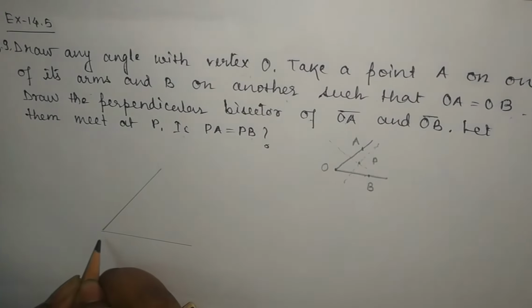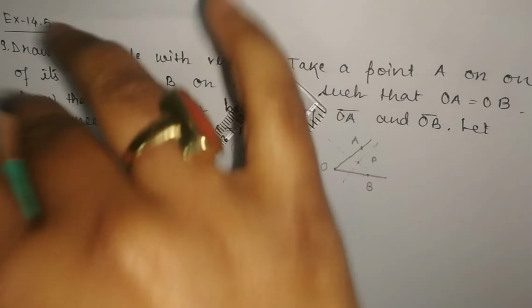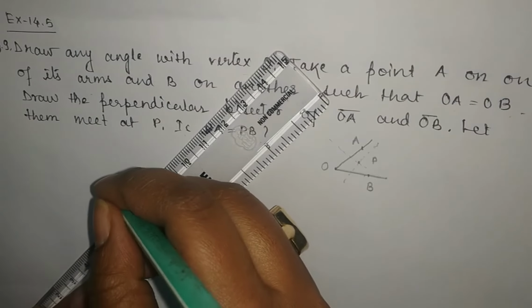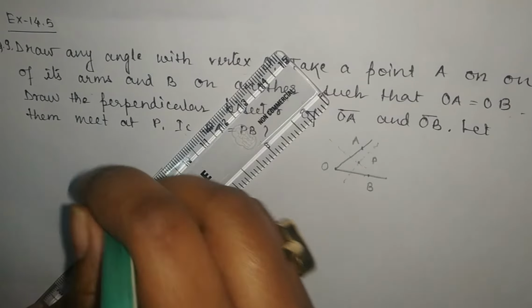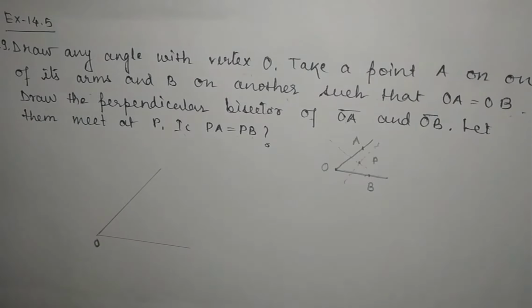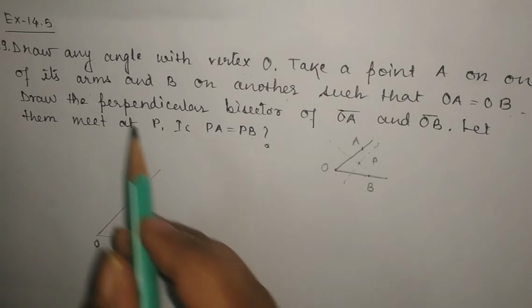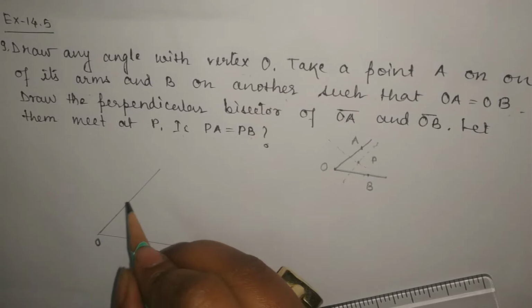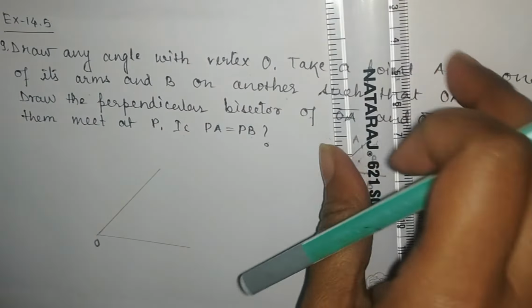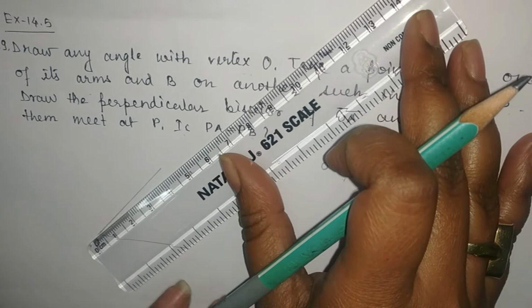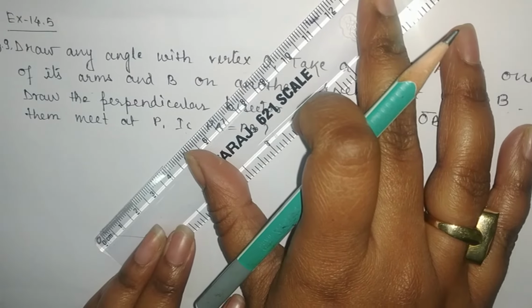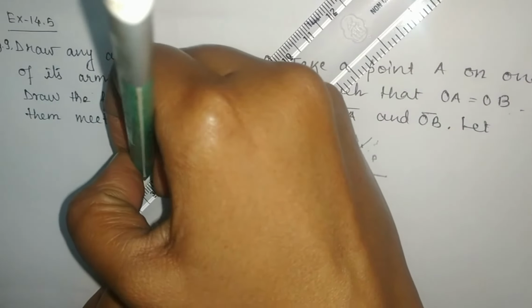Say this is O. Take a point A on one of its arms and B on another. So we will have to take points A and B in such a way that the distance OA and OB will be the same. So with the help of a ruler, say I have taken 3 centimeter